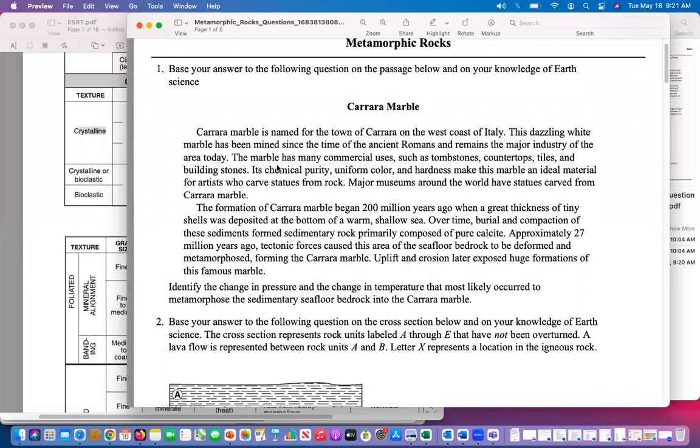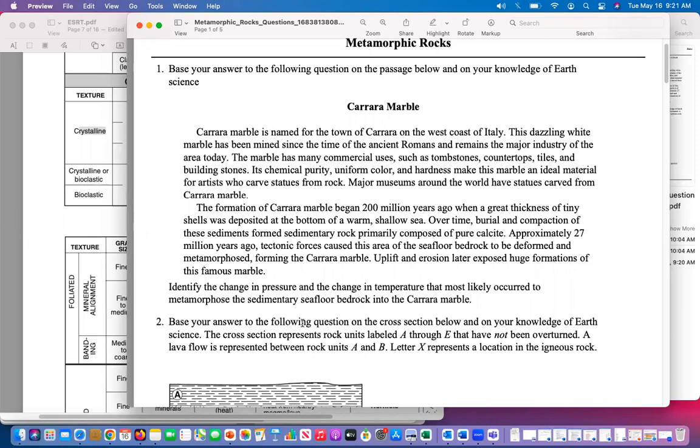All right, everybody. So now this is going to be the metamorphic rocks questions that we're going to go over. So number one says, base your answer to the following questions on the passage below and on your knowledge of earth science. Once again, one of the things I recommend is going straight to the question first. Identify the change in pressure and the change in temperature that most likely occurred to metamorphose the sedimentary seafloor bedrock